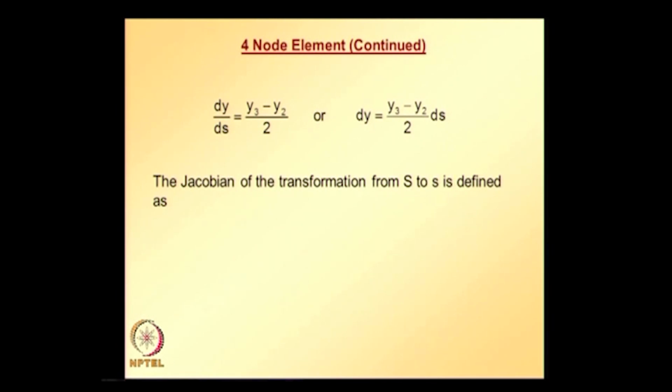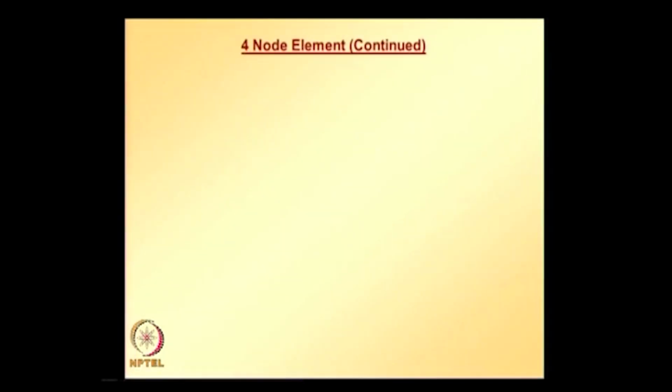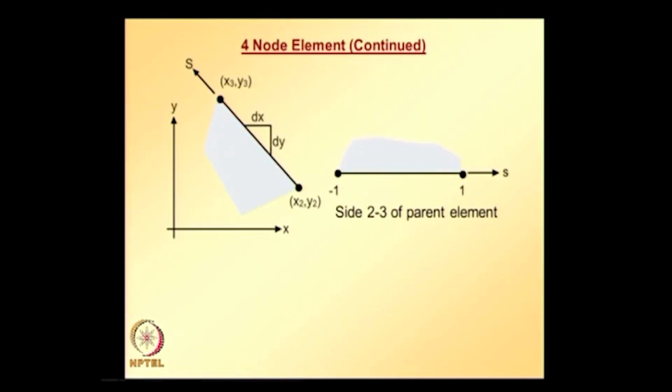So, the Jacobian transformation from capital S to small s is defined as this one, and we just calculated the derivative of x with respect to s and the derivative of y with respect to s. Using that information and with reference to this figure, which maps side 2 3 of the actual element to side 2 3 of the parent element,